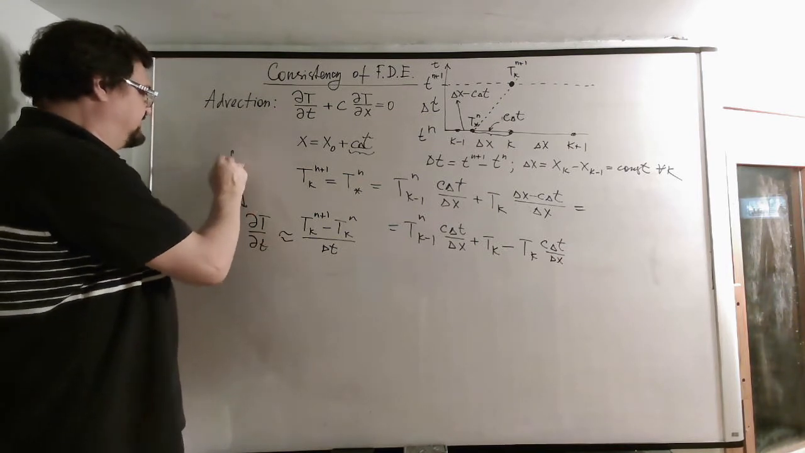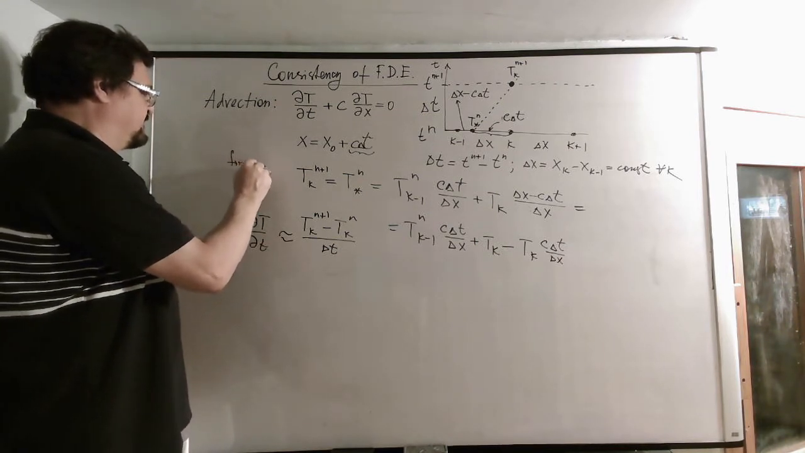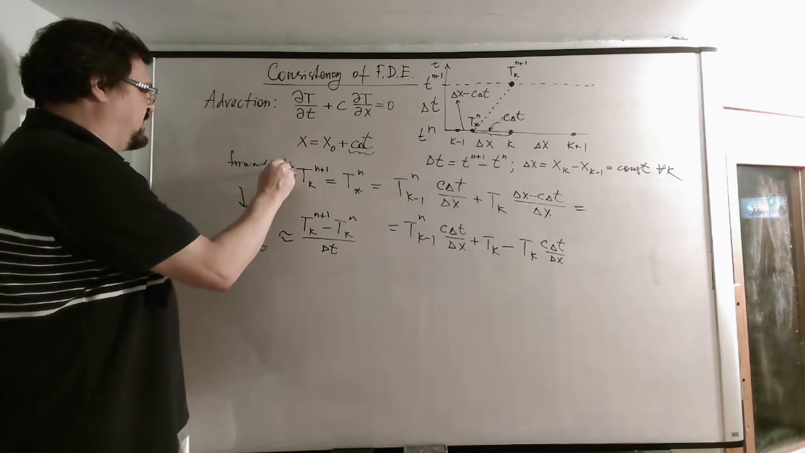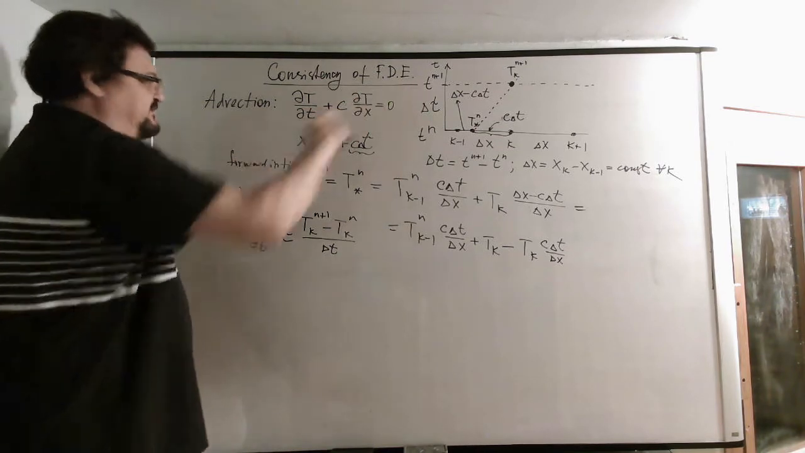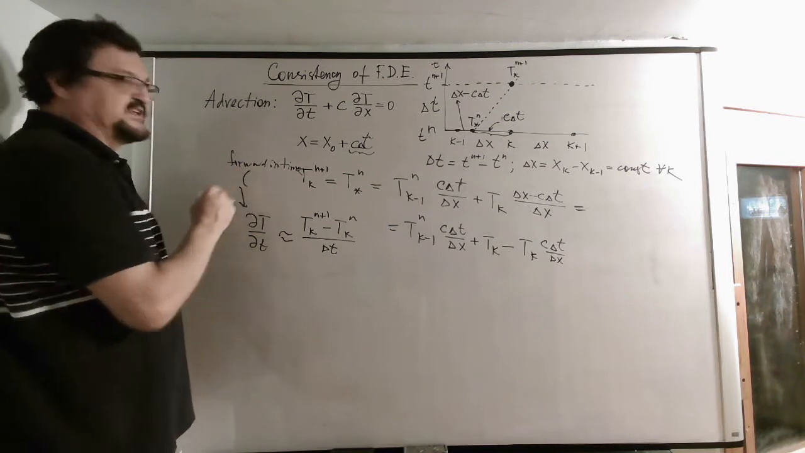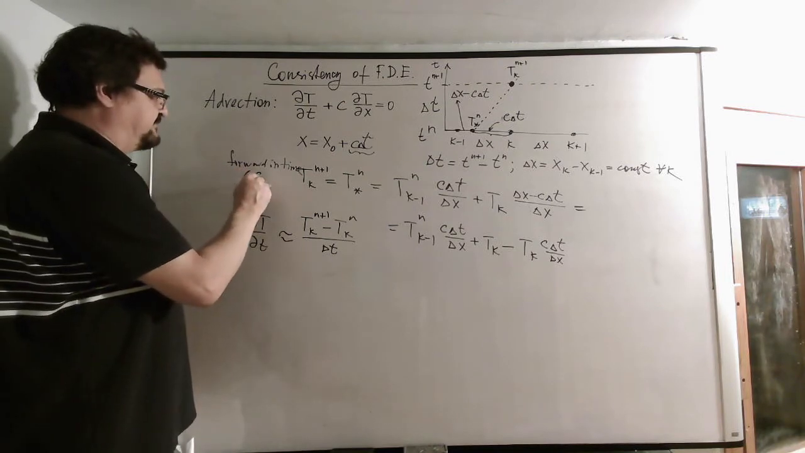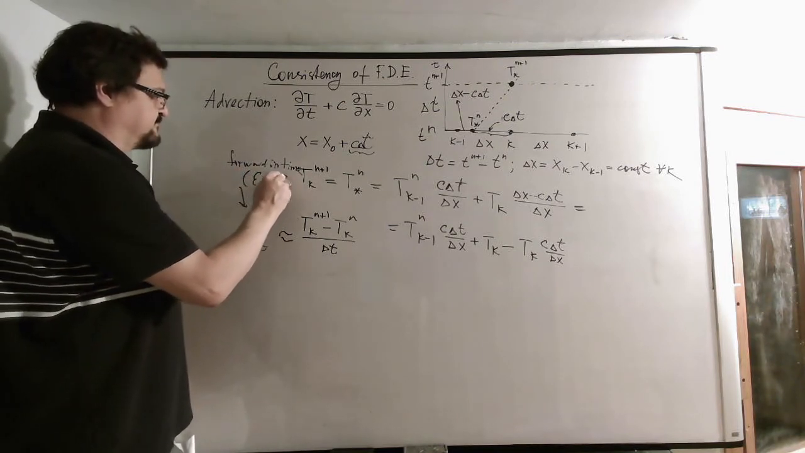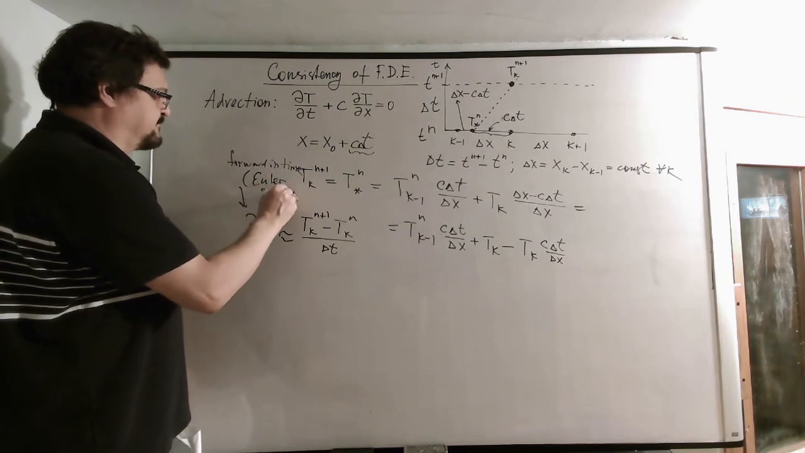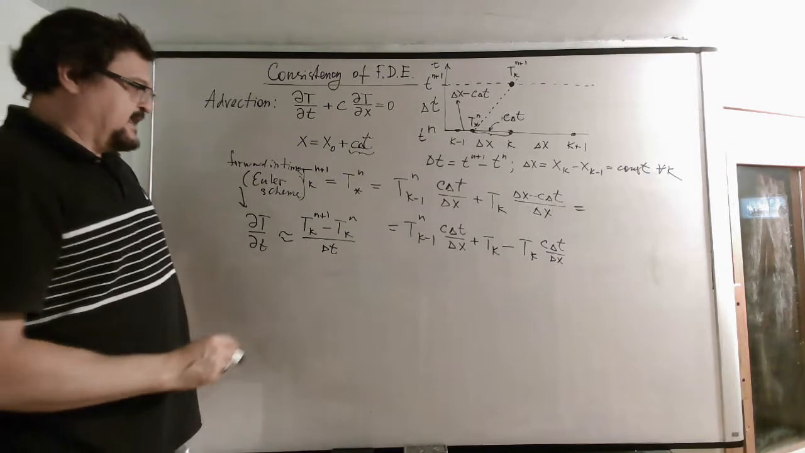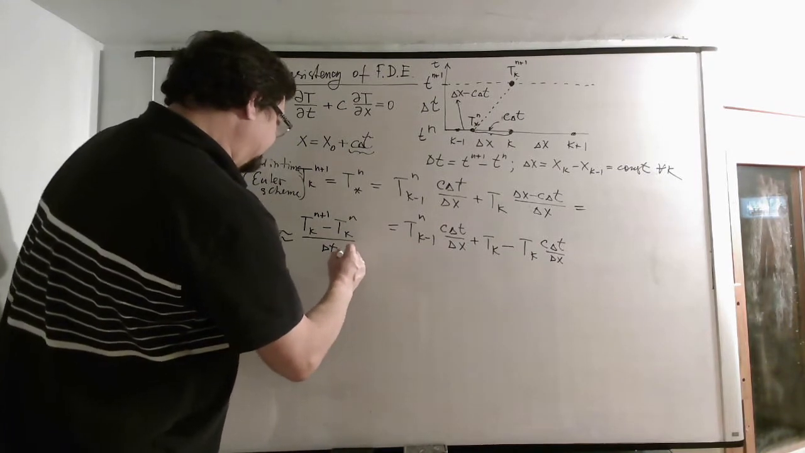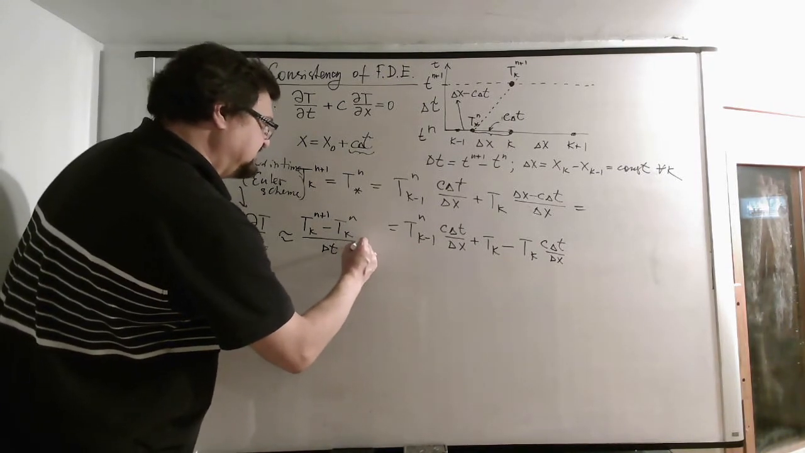So this is forward in time, or two-level scheme, forward in time. So we have only two levels, and such a scheme in time is called the Euler scheme. Such approximation in time. So we have this dT/dt equals to